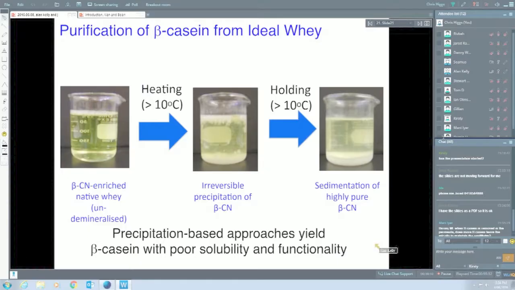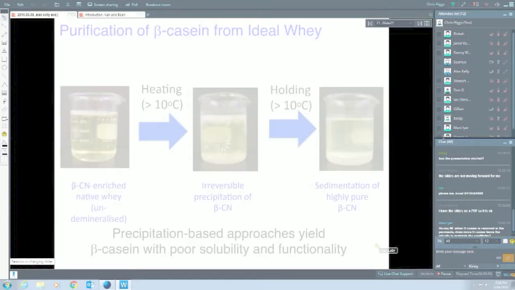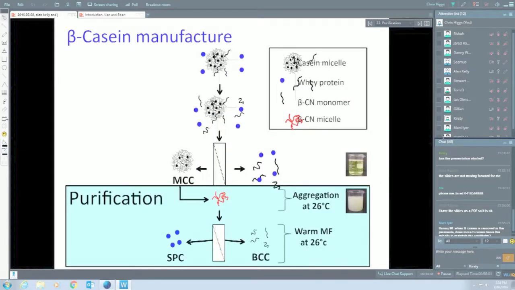But again, I guess we come back to the earlier point. One of the limitations with that approach is that the beta casein is insoluble, and it would need to be converted to a soluble form for various functional applications later. So what we wanted to do was to be able to recover that beta casein in a soluble functional form without precipitating it, essentially. And the process we arrived at to do that